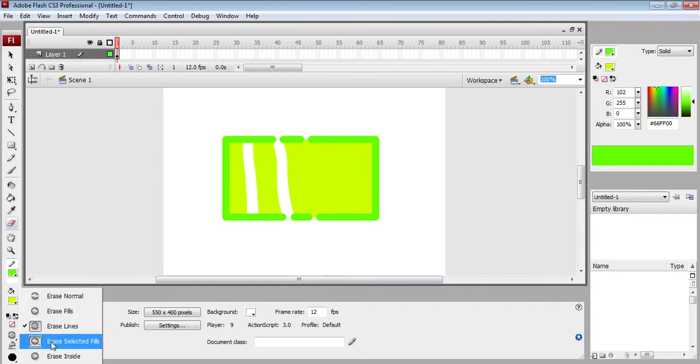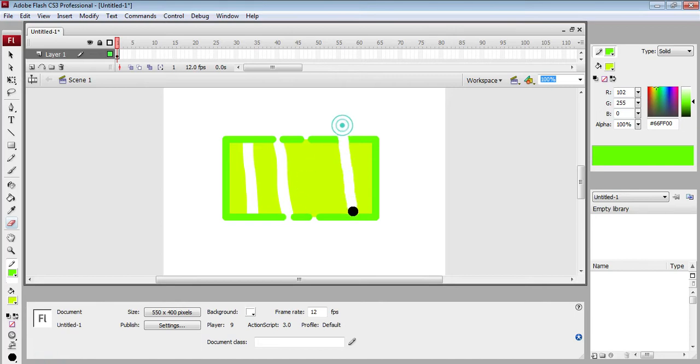Also given is erase selected fills, so you can see what will happen here. You can see nothing has been erased. Next given is erase inside. See the changes, it has erased only the inside colors, you can see.